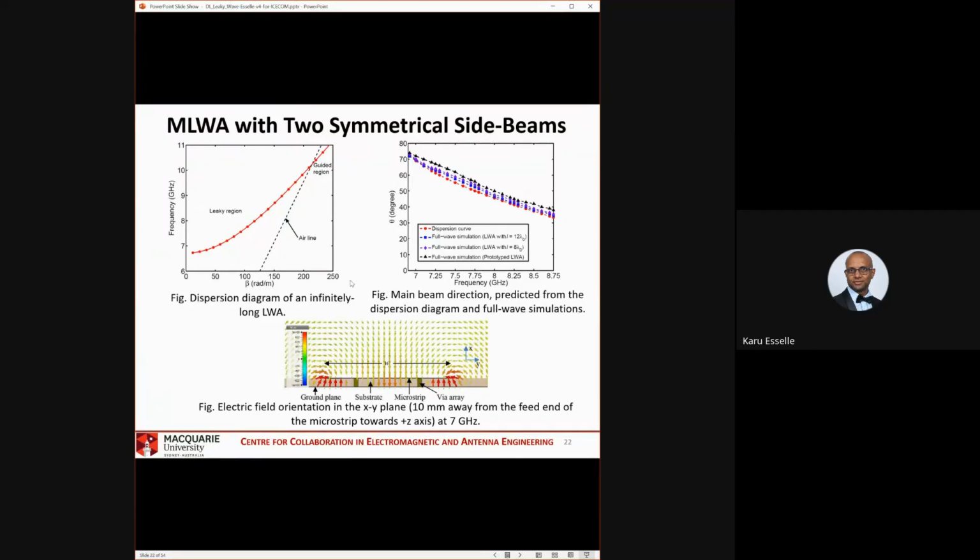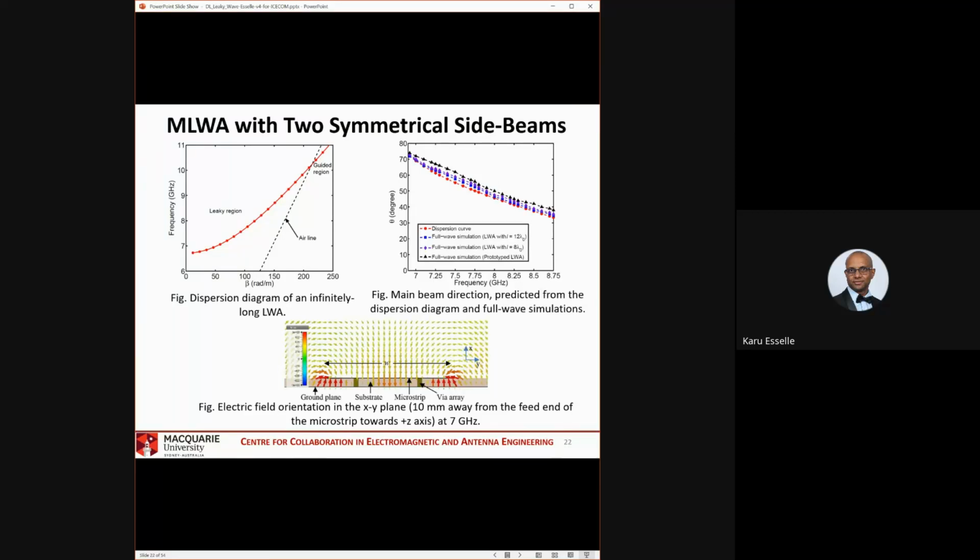Frequency versus beta diagram, omega beta diagram. That's a light line. So this is the band in which it radiates, right? Frequency band. And we change the frequency, it changes the beam direction. So using the same formula that you saw yesterday, the beam direction theta can be plotted versus frequency. And these are